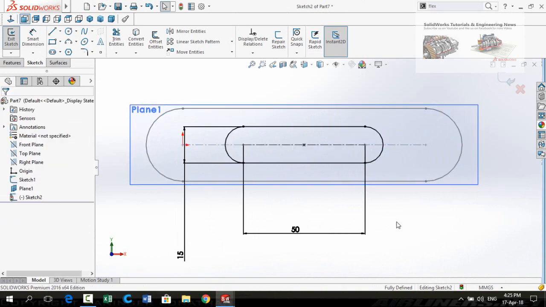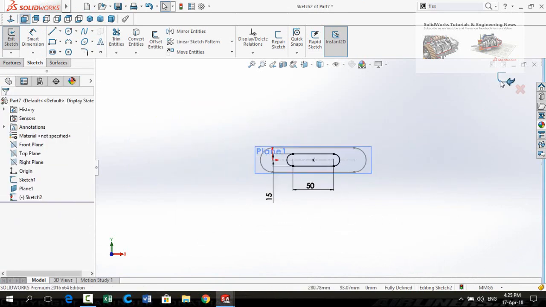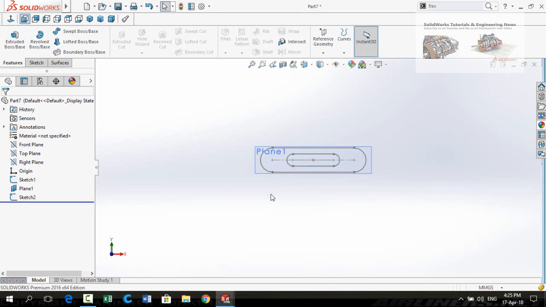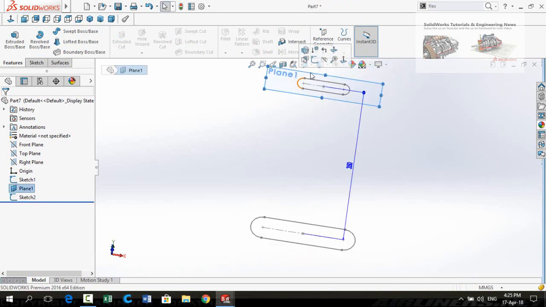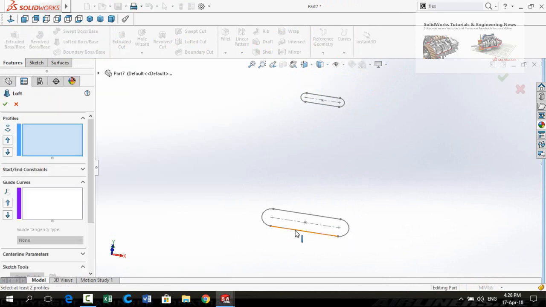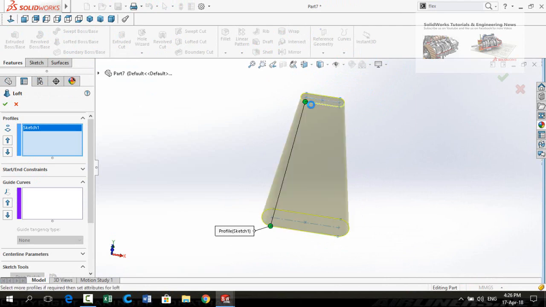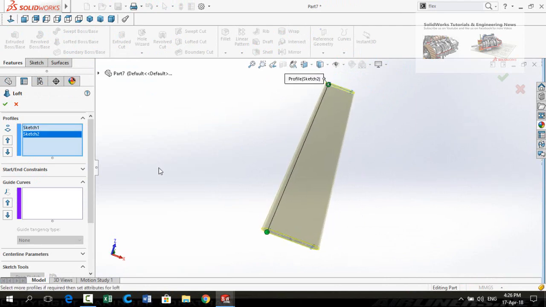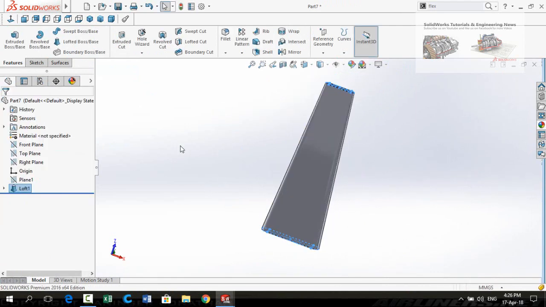Make their relation coincident. Press this button to save and exit from sketch. Hide this plane 1. Go to Features tab and then select Lofted Boss Base command. Select this sketch and this sketch. Press OK button to apply.